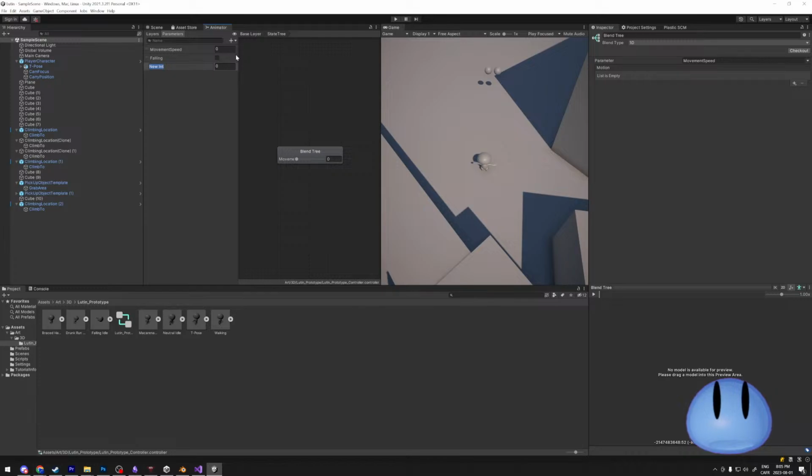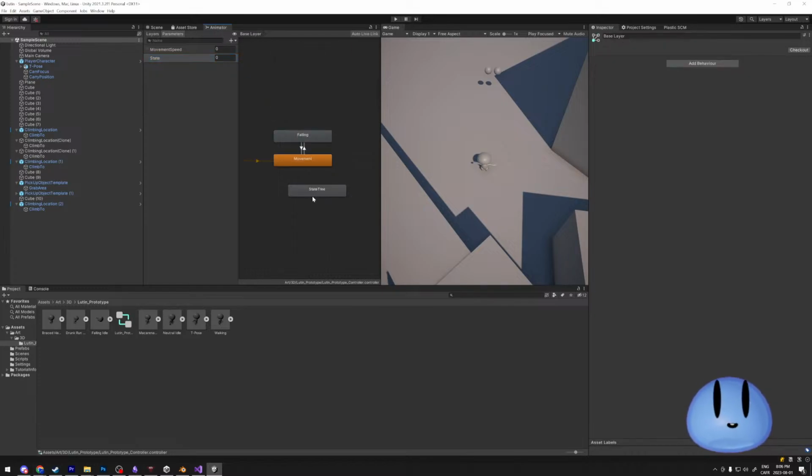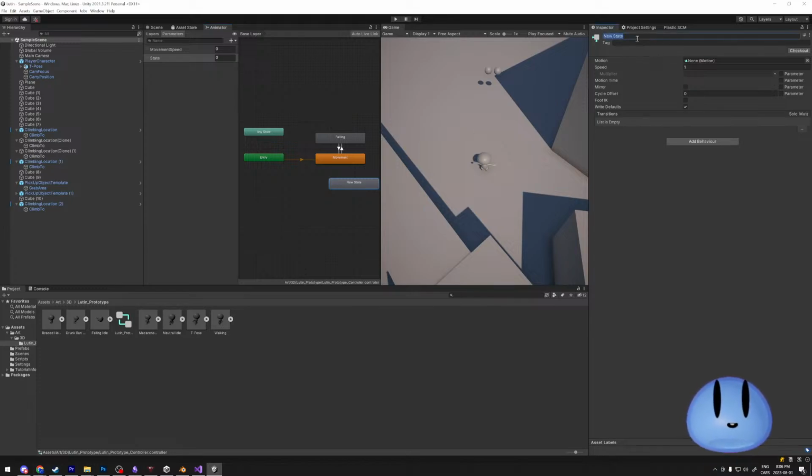Let's have state, right? We'll have state. It's an integer. I did make it an integer, right? I think so. Let's try it again because I didn't pay attention. Yeah, state. It is an integer. We have falling. Let's get rid of falling altogether. I do realize that's going to break things. That's fine. We're going to get rid of the state tree. We're going to have an empty state. The empty state is going to be